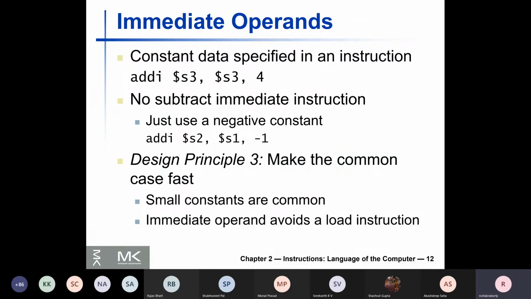Do you have any guess? Anybody has any guess? How many number of bits can this constant, say 4 in the first case or minus 1 in the second case, have? What is the total number of bits possible? How large a number is possible to be mentioned here? Could I have written any large number here and it would have still worked, or is there a limit to how large a number I can mention? And if there is a limit, why is there a limit? Anybody has any answer? At least guess, because we have not yet got to the topic.